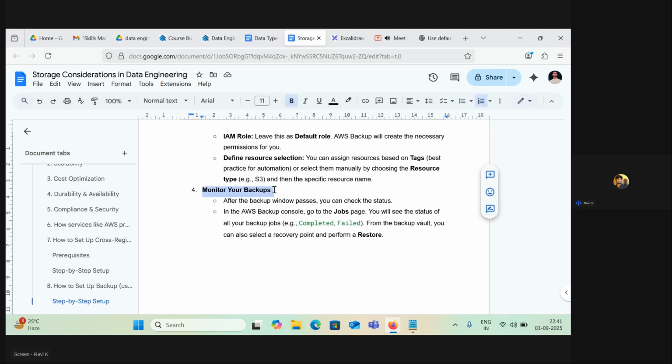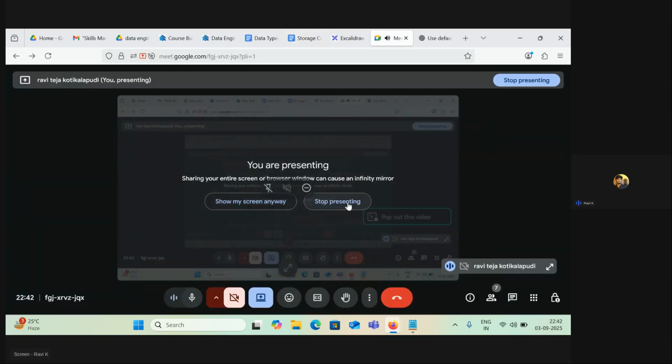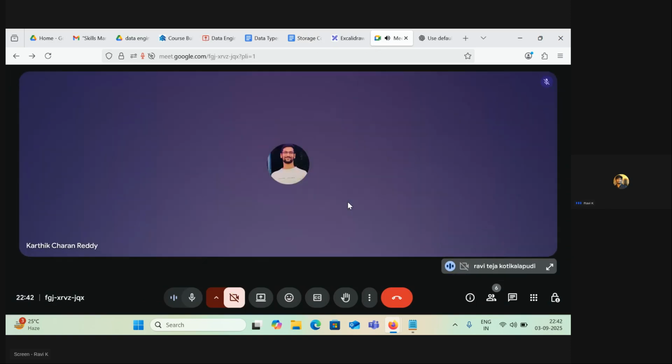In case of any doubts, just ping in the group, or come to tomorrow's class with those errors, then we can resolve them together. Or if you are more interested, if you are a real data engineer, then just go to Google and ask ChatGPT what the issue is, or go and search on YouTube. You will find many ways to do it. Okay, that's all from my side today. If you guys have any doubts, just let me know.